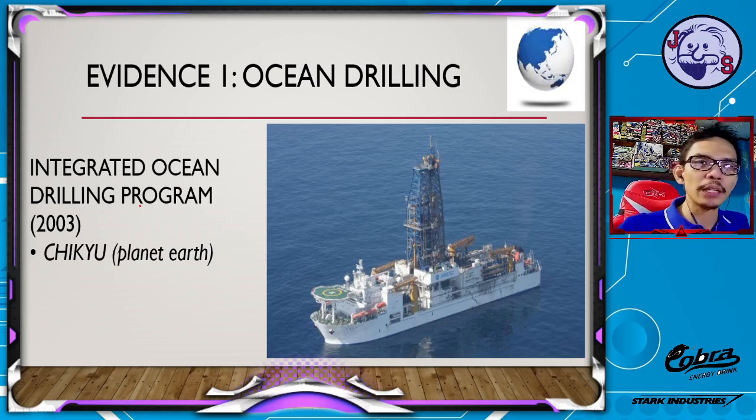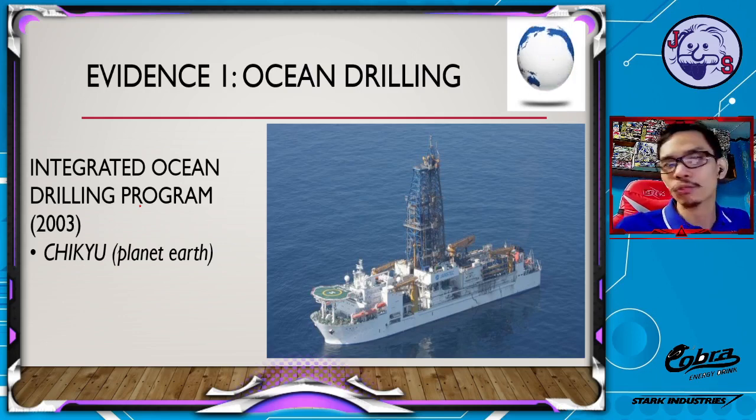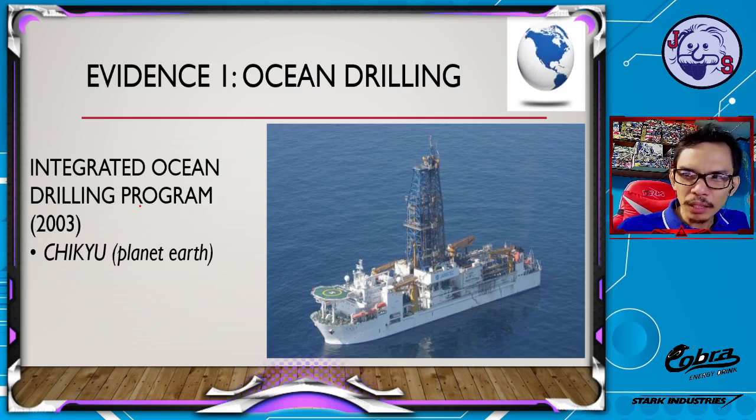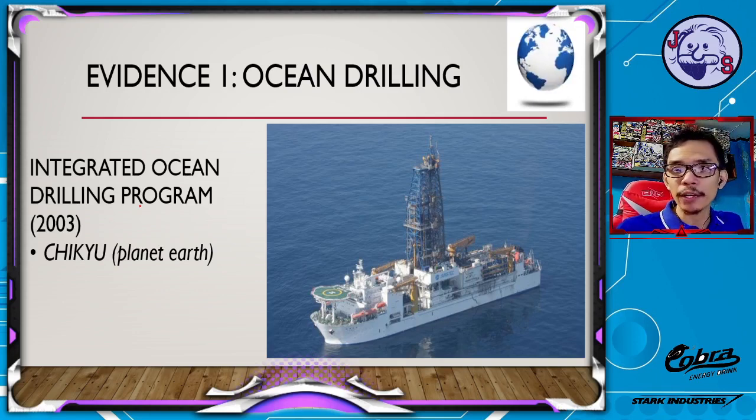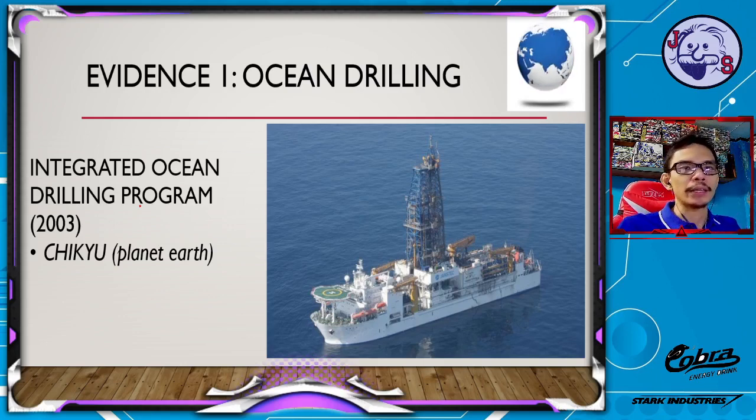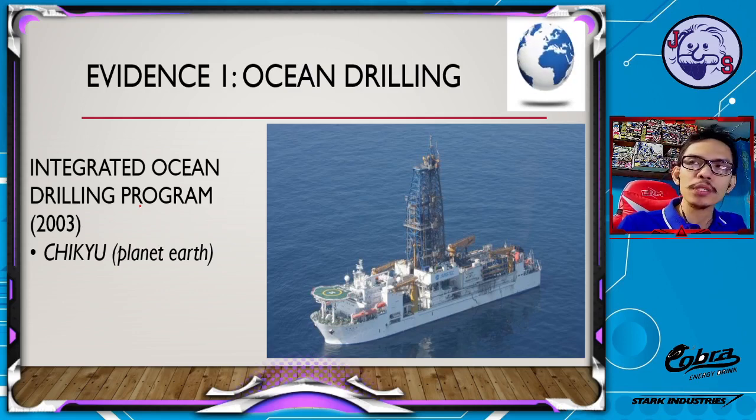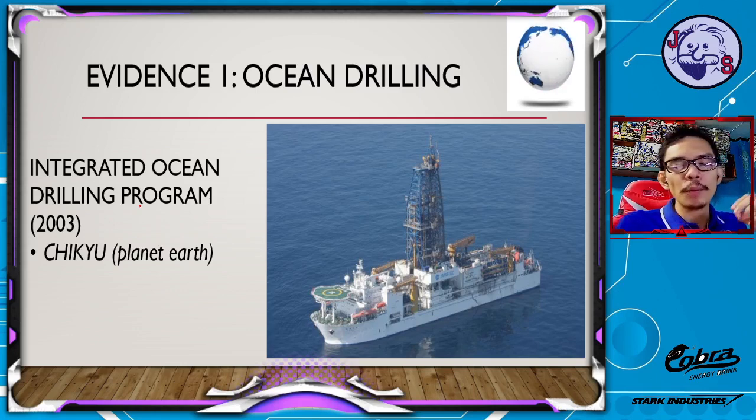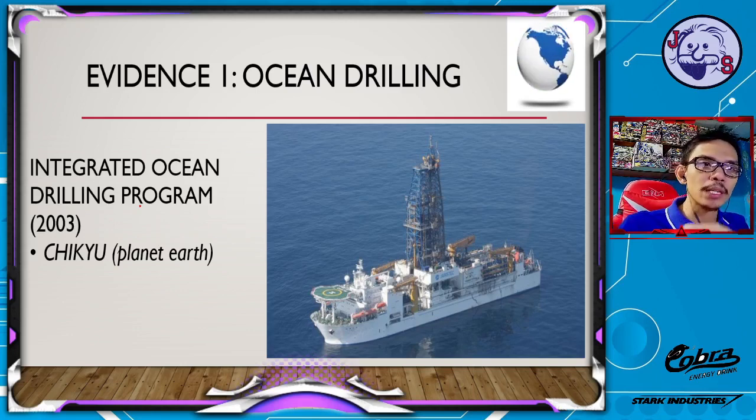So we have here the Integrated Ocean Drilling Program, and it started in 2003, and they mainly study the ocean floor and the effects of climate change on ocean life, and the effects of climate change on the characteristics or the chemical composition of the water, and so on and so forth. And one of those objectives is to drill down the oceanic crust, and probably reach the mantle to get some sample of mantle material